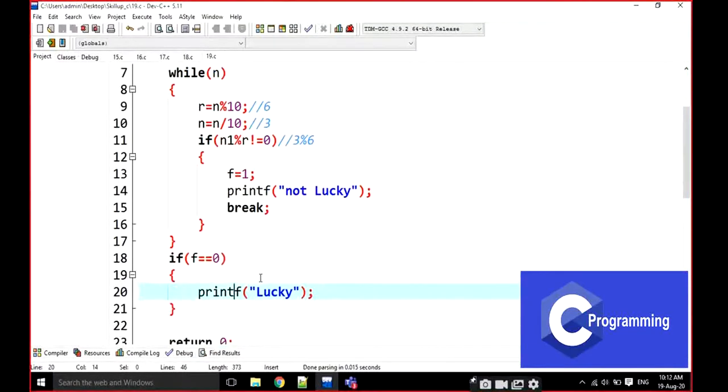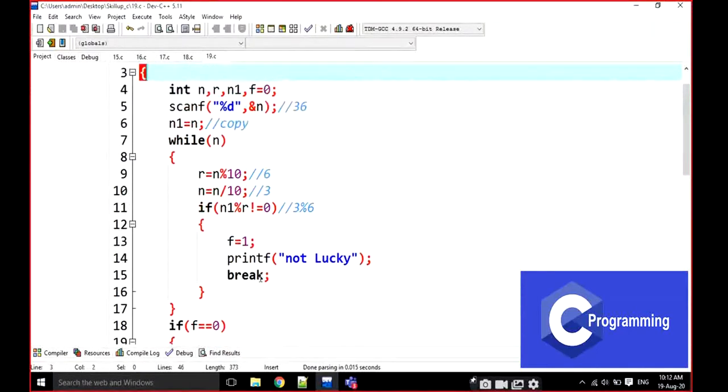I put on this logic. What is the use of f? f plays the key role here. I am taking every number as lucky here. If f is equal to 0, that refers to lucky. f is equal to 0 means lucky.